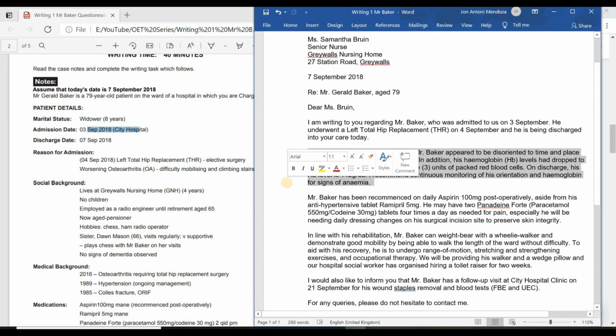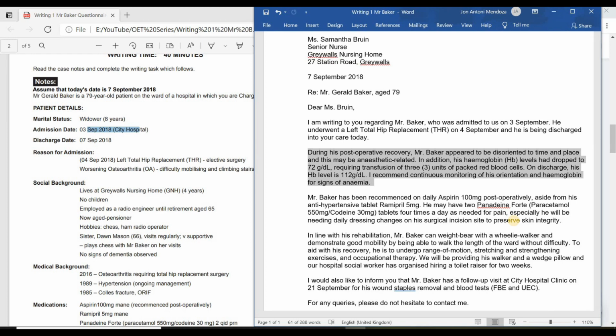and then the second paragraph. So we have, during his post-operative recovery, Mr. Baker appeared to be disoriented to time and place, and this may be anesthetic related. In addition, his hemoglobin or HB levels had dropped to 72, requiring transfusion of 3 units of packed red blood cells. On discharge, his HB levels 112, and I recommend continuous monitoring of his orientation and hemoglobin for signs of